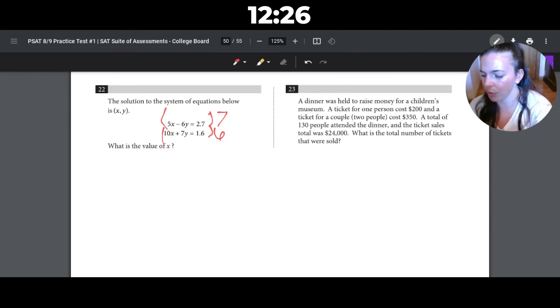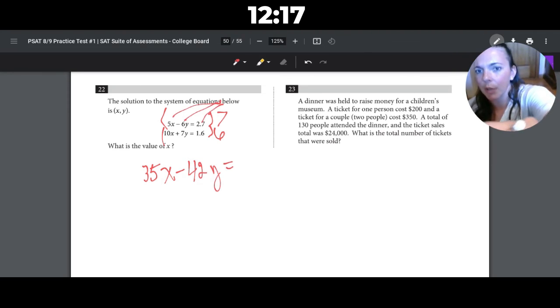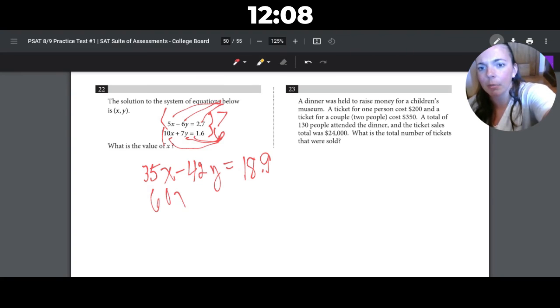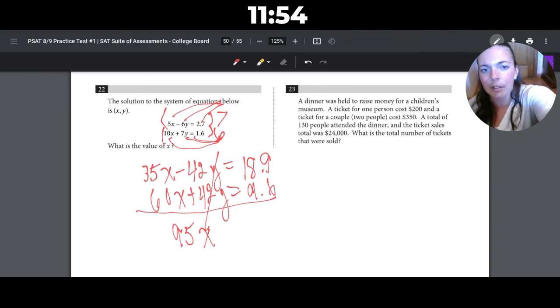Okay, so multiply through. So we're going to get 35x minus 42y. And then make sure, right, we're distributing this to everything. 2.7 times 7 will be 18.9. Now distribute the 6 to everything in the bottom. 60x plus 42y equals 1.6 times 6 will be 9.6. So now I can add these equations together and my y's will cancel out. So I will get 95x